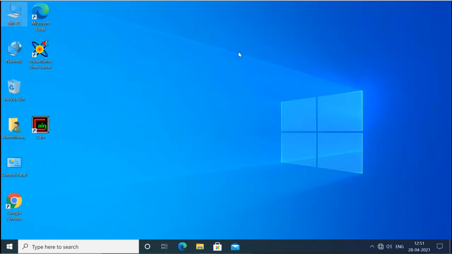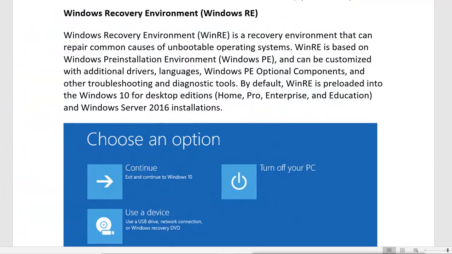So for this kind of thing, we have the recovery environment. We have Windows Recovery Environment, Windows RE. This Windows Recovery Environment is a recovery environment that can repair common causes of an unbootable operating system. Unbootable means it is not booting, it is rebooting again and again.